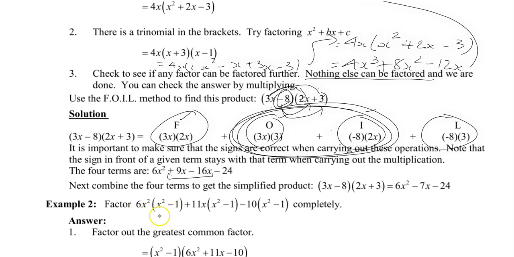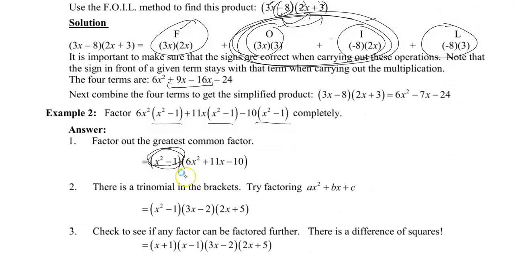Factor 6x squared times x squared minus 1 plus 11x times x squared minus 1 minus 10 times x squared minus 1. So if you note here, every one of these terms has x squared minus 1 as a factor. So that is in fact